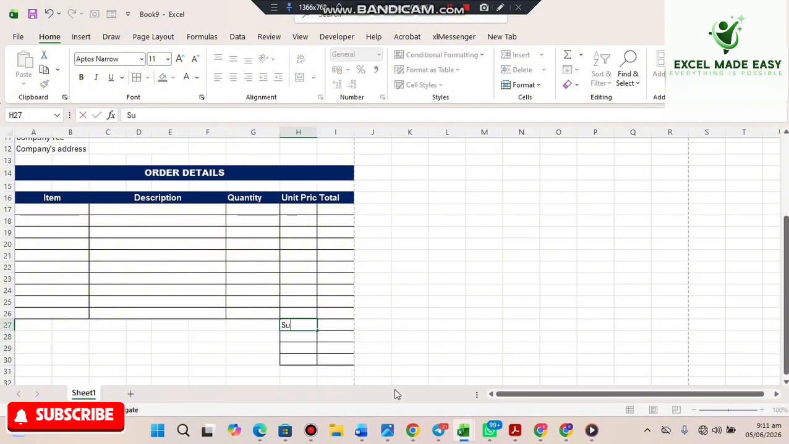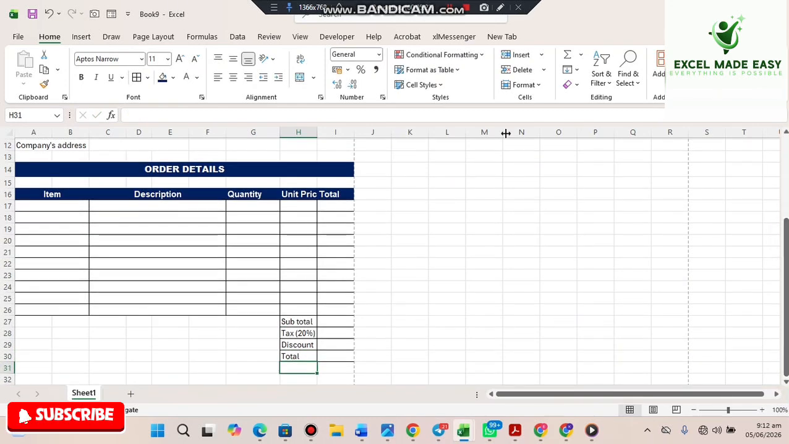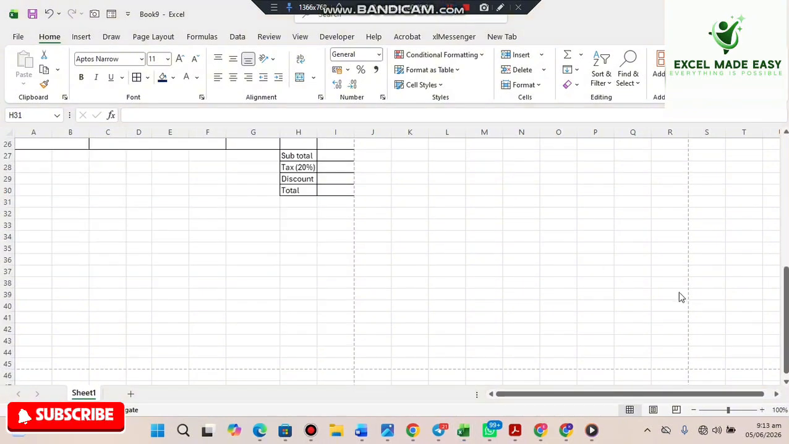And this will be the subtotal. This will be the tax, 20%. Then discount, if any. And this will be the total that the customer will be paying at the end. We'll put in formulas to do that. Then now let's move to